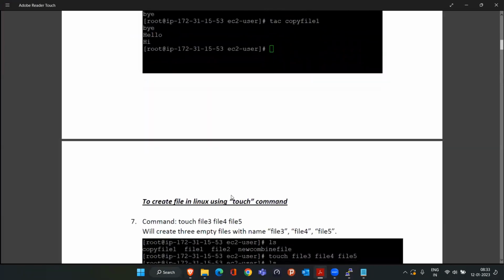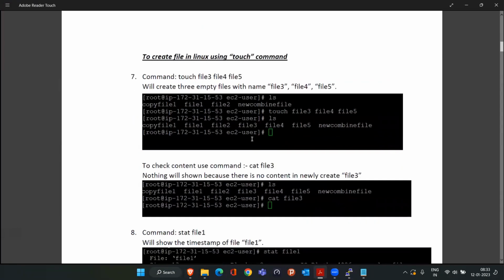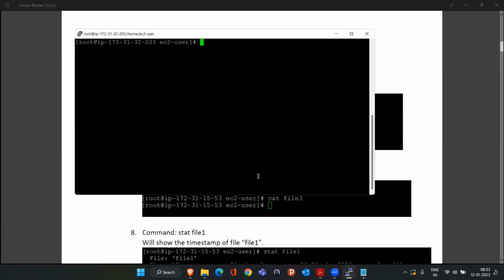Now after the cat command, we are going to see the touch command. How is the touch command going to help you? Let me show you again. Currently, this many files are present: file 1, file 2, file 3. Now, if you want to use the touch command,